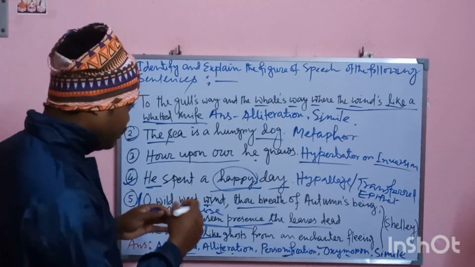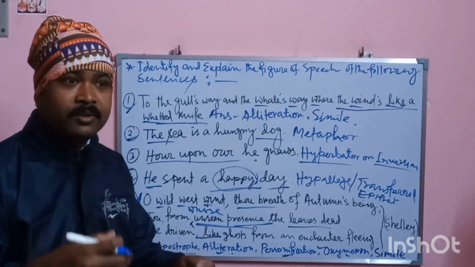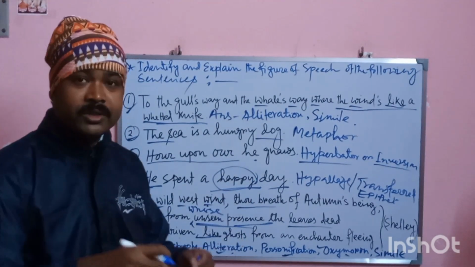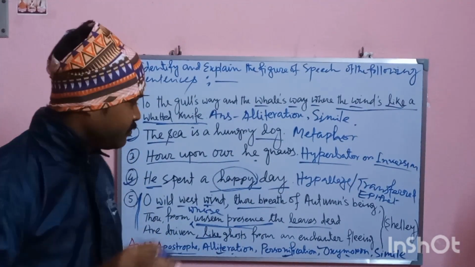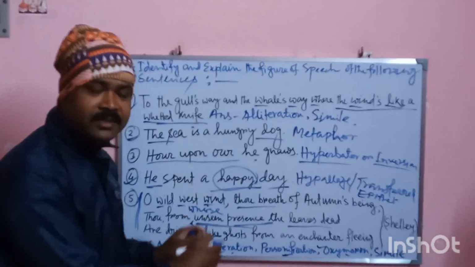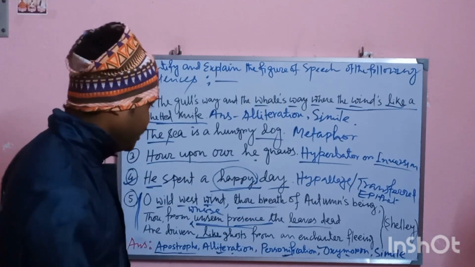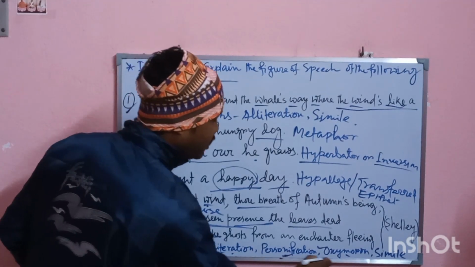So when magicians come, the ghosts flee away. Similarly, with the arrival of the west wind, the dead leaves flee away. So this passage contains a number of figures of speech, and they are apostrophe, alliteration, personification,